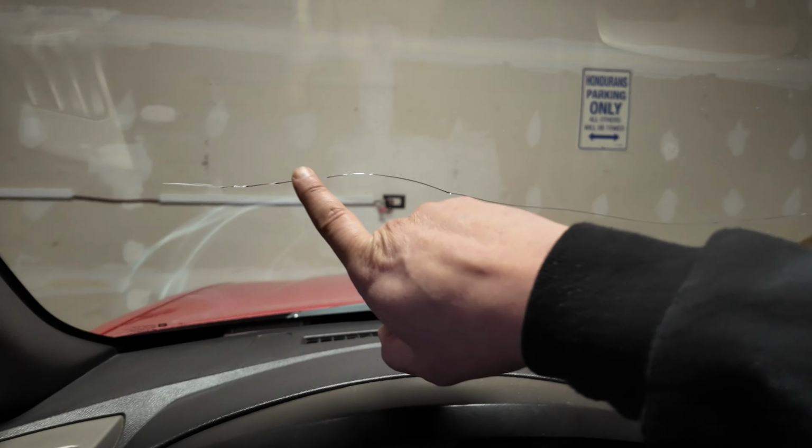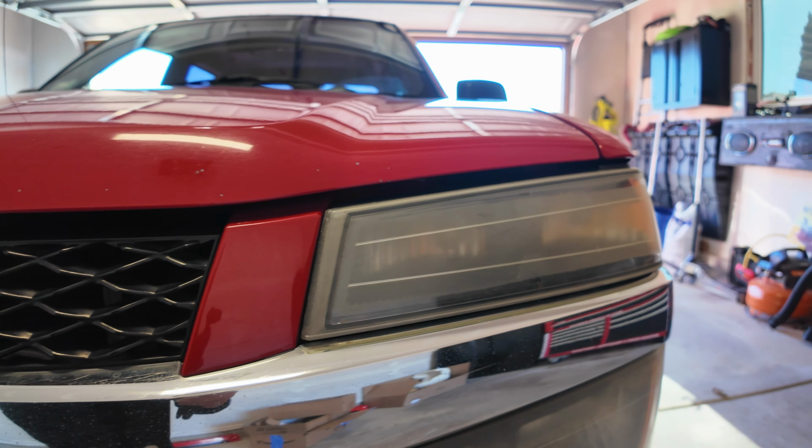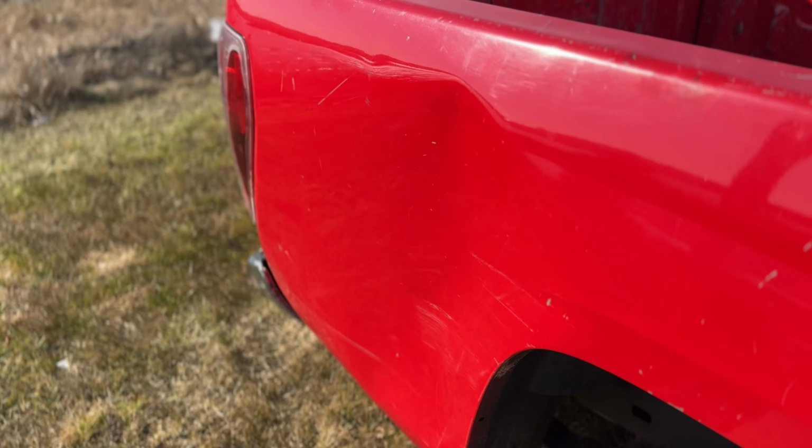I did do those repairs, but I wasn't gonna make a full video on the car because I just wanted to get the repairs done and over with and pretty much back on the road. But then my brother-in-law decided he wanted to sell it. So again, the car was in rough shape. It had a broken windshield. The headlights are all yellowed out. The tailgate is pretty bad. I mean, it's a work truck, and it was used as a work truck. It had a big dent on the side of the rear passenger side on the actual bed,